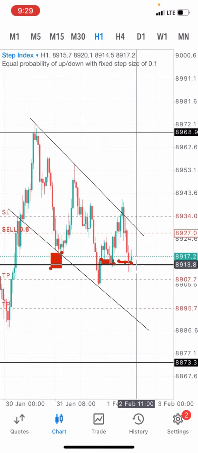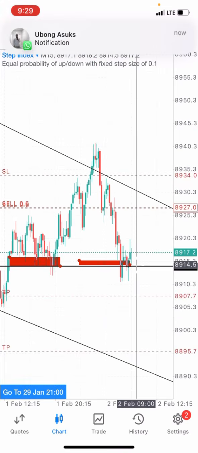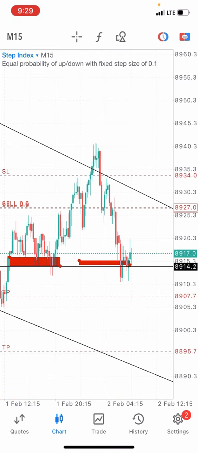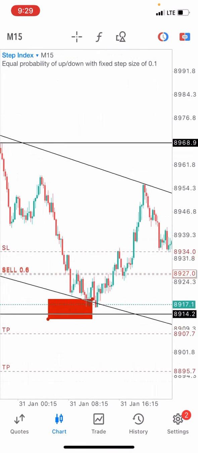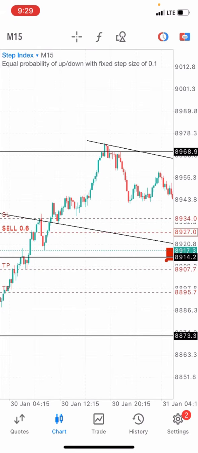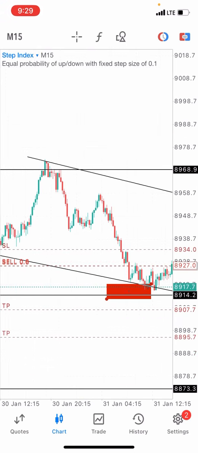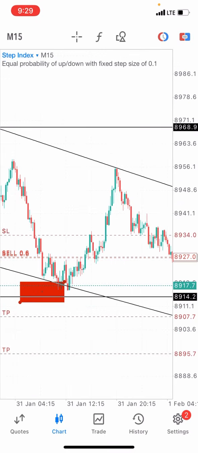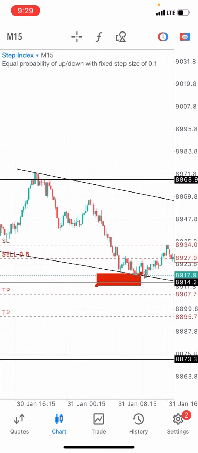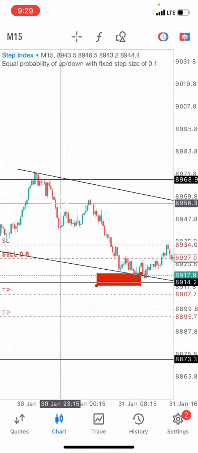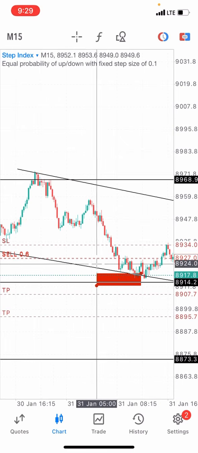Now after that is done, switch to 15 minutes time frame, for example, and what you'll be looking for at this point is to see a clear trend, whether it's moving upwards or downwards. You want to see a clear trend, like in the case here. Now I've seen a clear trend. I have even spotted it out. I've highlighted it with my trend line. You can see the trend line running here and here, right?